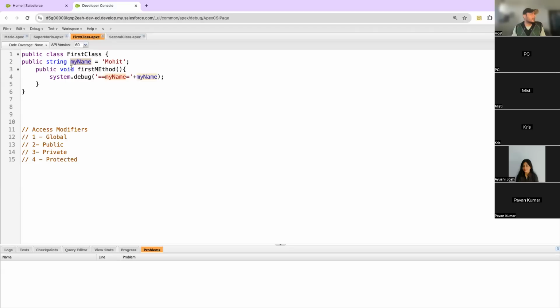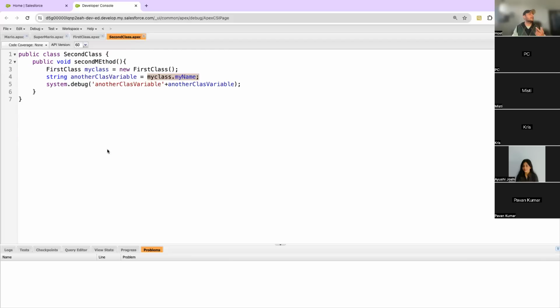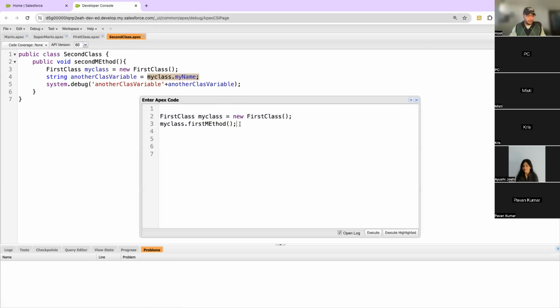Public variable was available inside the class, and that's what we checked here. It was available within that class. Now we want to see if it will be available outside the class or not. So let's try to debug this. In that case, I'm going to create the instance of second class, my second class is equal to new second class,